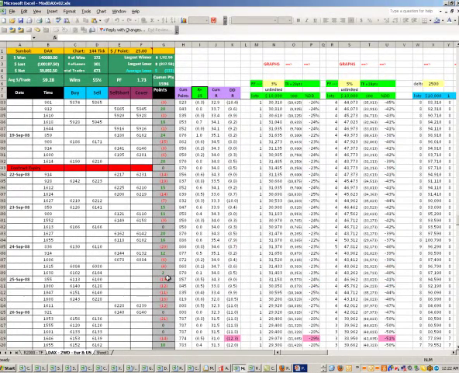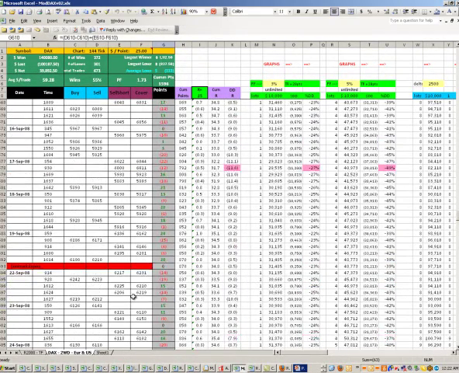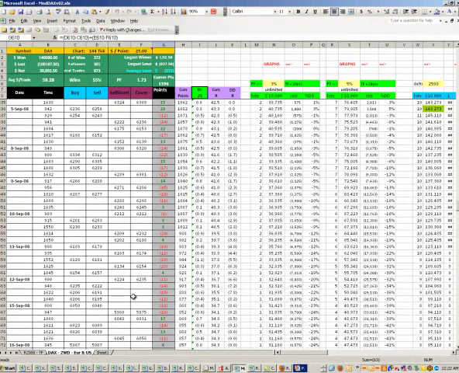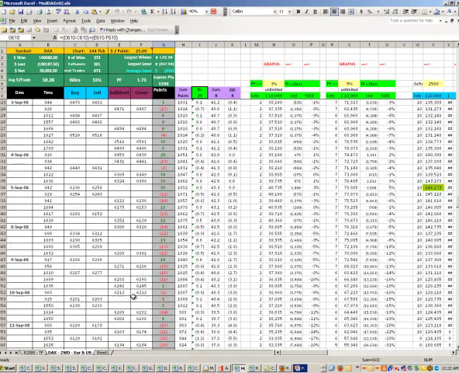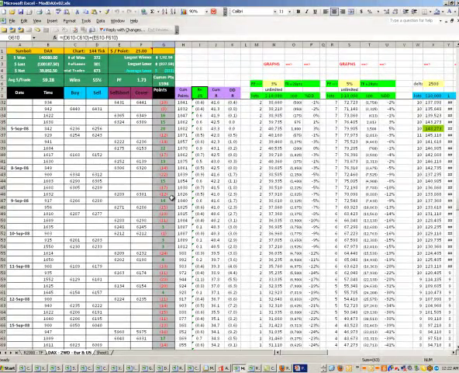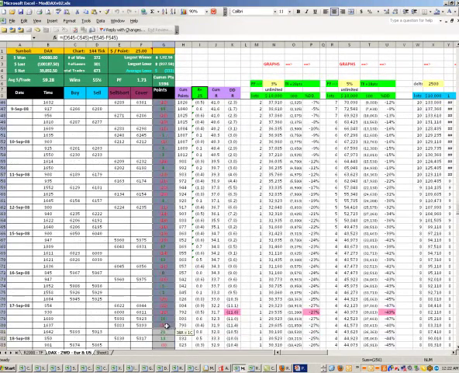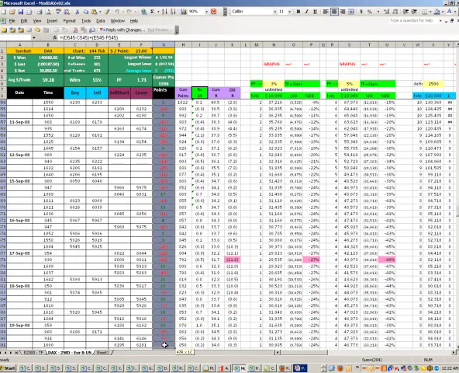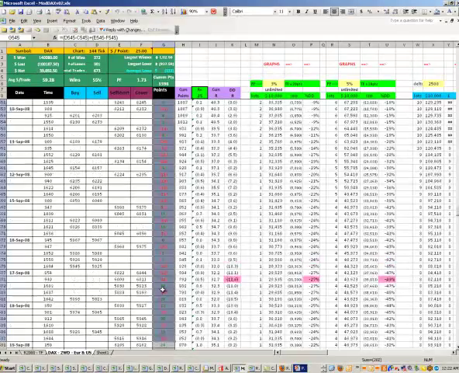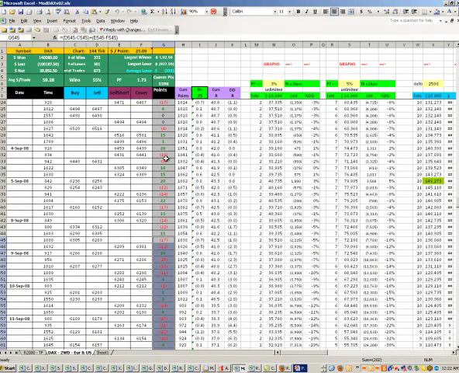So that wasn't too bad. We went through a 333 point drawdown on this market. There it is there. 213, 260. It was more than that. I think it started back here. It was about